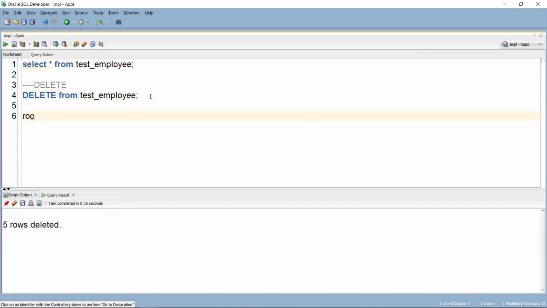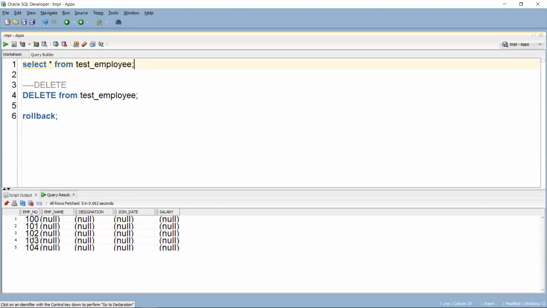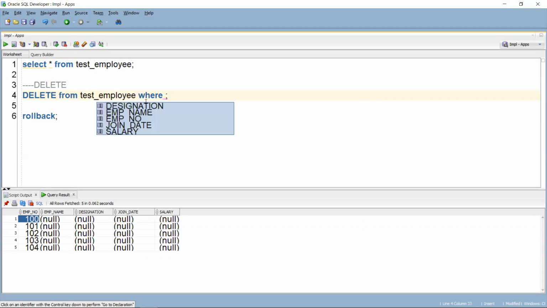Now I'll do a rollback. Rollback completed. Now if I do select star from test_employee, I can see all the records because since it's a DML statement, the rollback worked. Now I want to delete from test_employee where employee number equal to 100.